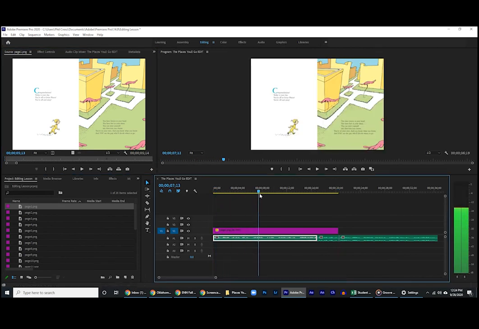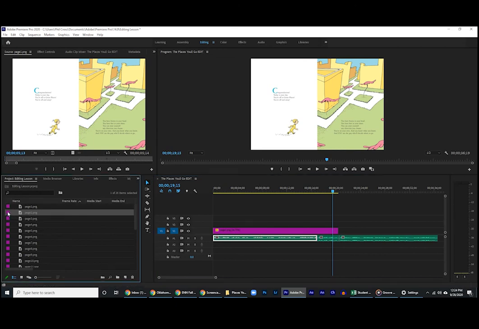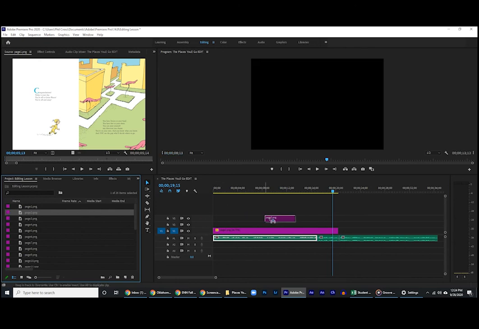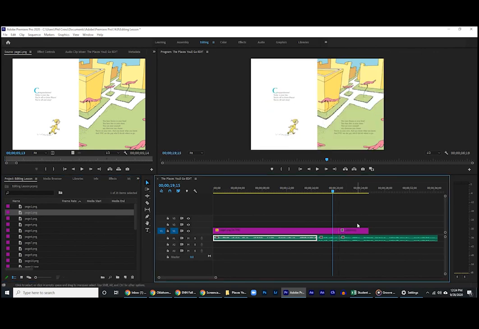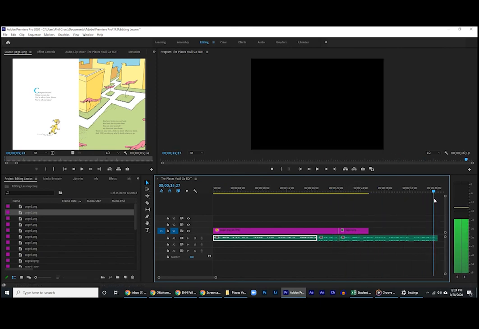One of my favorite Adobe features is something that can take a little getting used to. I know it did for me, but for still images, it is really helpful. For page 2, instead of clicking and dragging it into the source window, just click it once in that project window and then drag it onto the timeline and position it so it snaps to the end of the last video edit you made. Now listen to your audio on the sequence and find the spot where page 2 ends and leave your timeline cursor there.